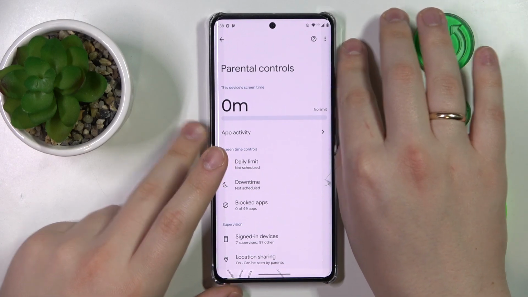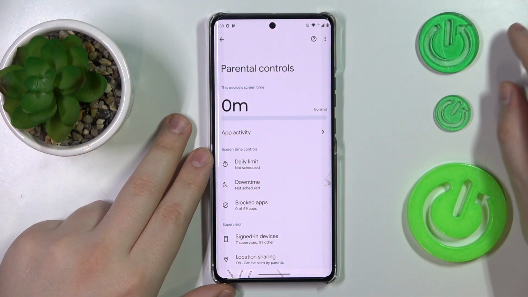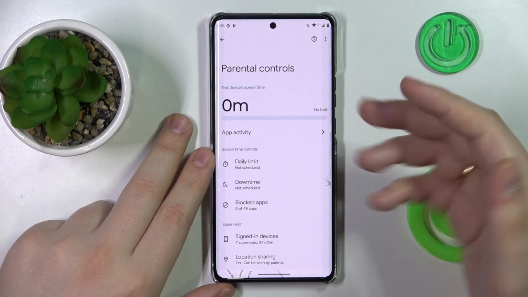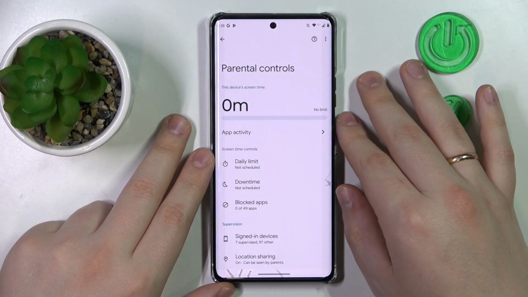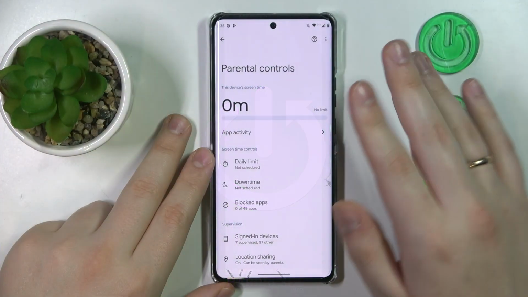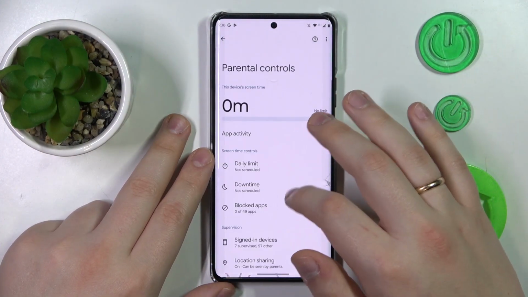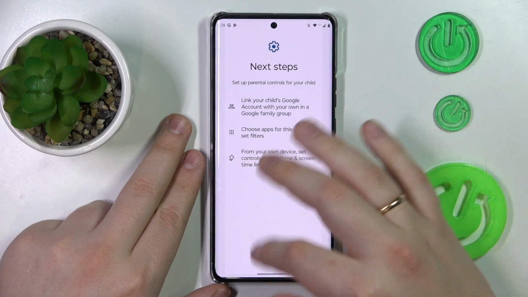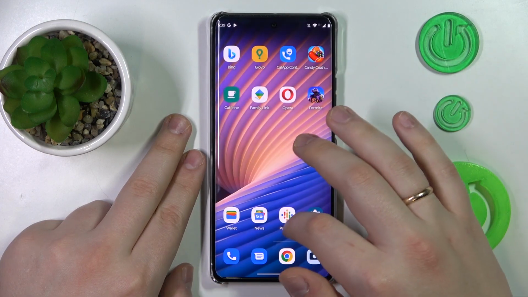This is Motorola Edge 40 Pro, and today I would like to show how you can bypass parental controls on this device. So as you can see, my parental controls are indeed active. So from there, you will need to open Settings,